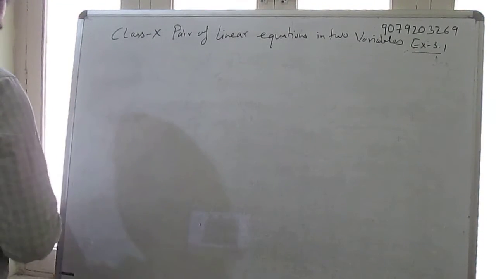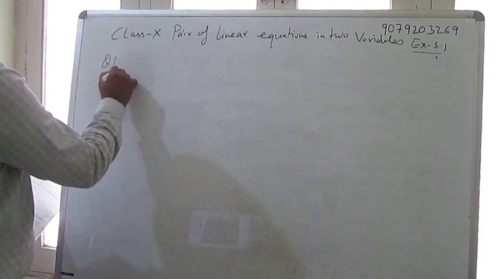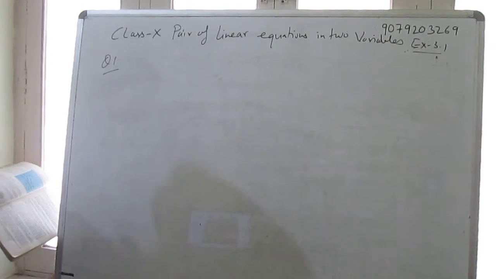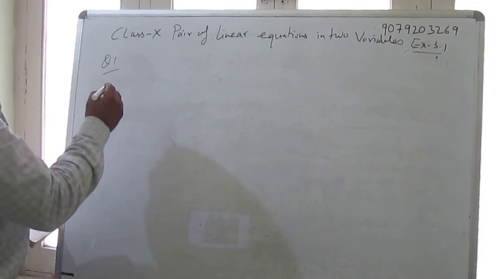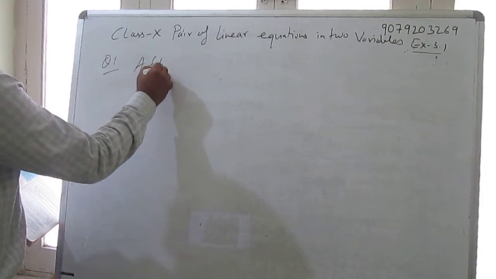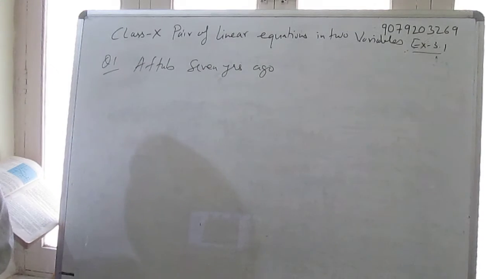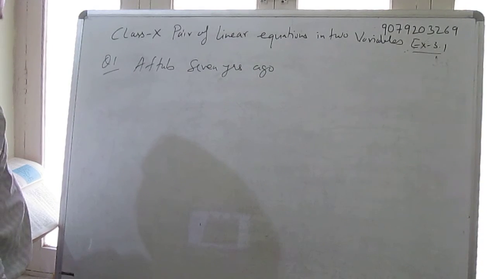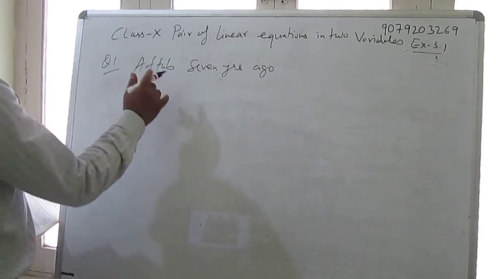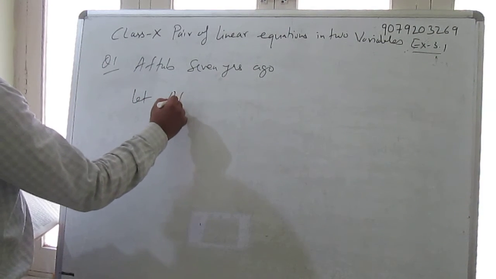Question first, 3.1. Aftab tells his daughter, 7 years ago I was 7 times as old as you were, and 3 years from now I shall be 3 times as old as you will be. So here we arrive at the situation. Let the age of Aftab